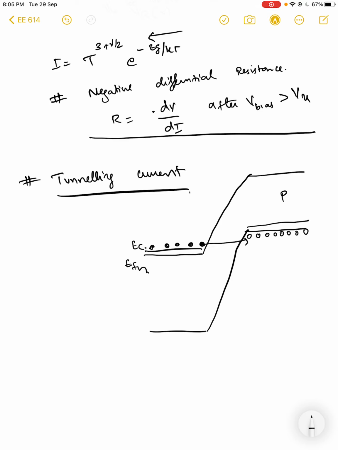Now this can be dealt with quantum mechanically, because there exists a huge potential. The electron cannot rise up this potential hill to go to the conduction band, but it is easier for the electron to tunnel across this barrier, and the tunneling probability depends upon the width of the barrier. And you can see that the barrier is basically a triangular one. So the tunneling probability, which can be calculated quantum mechanically for a triangular barrier, is given by the expression